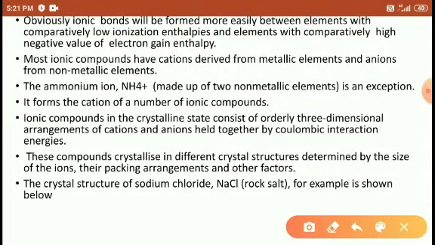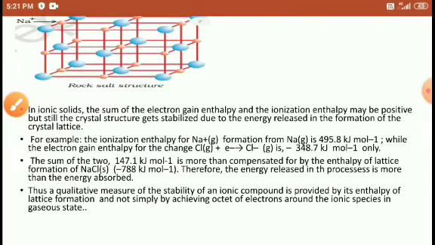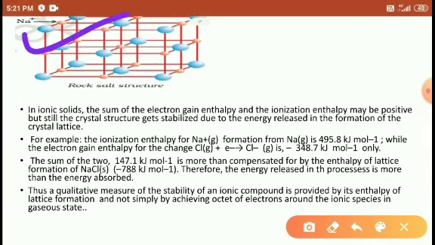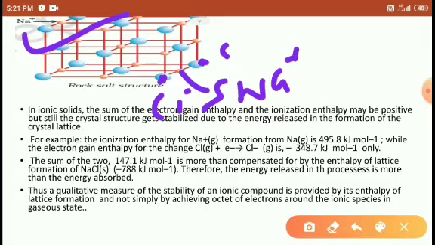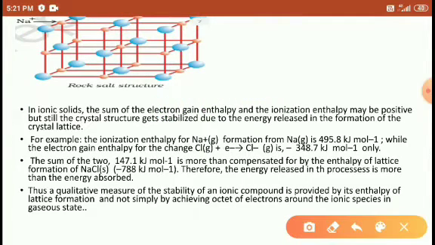The crystalline sodium chloride example is shown below here. So this is the sodium chloride structure, students. This is the chlorine, and the red color is the sodium ion. Next again chlorine, and above it a sodium ion. So it is repeated throughout the whole crystal. So this is a three-dimensional structure.